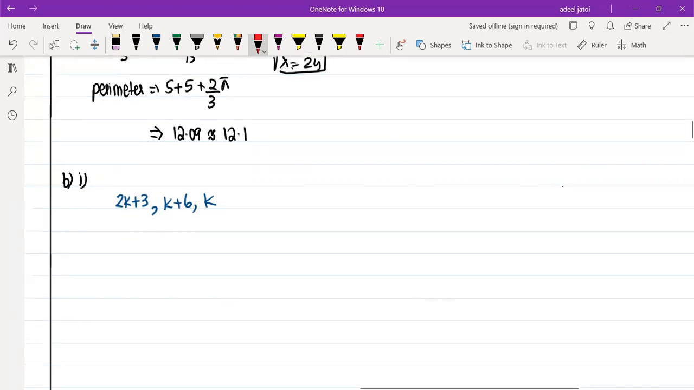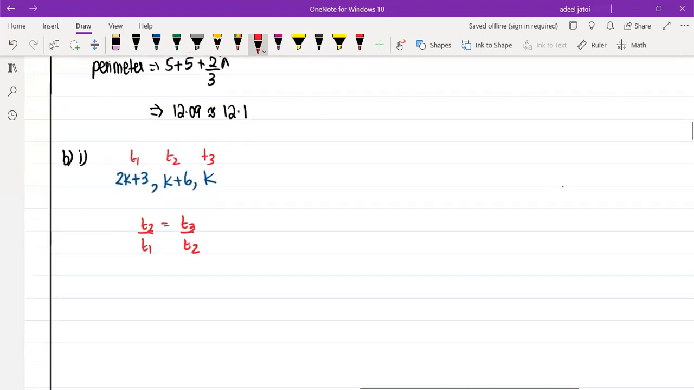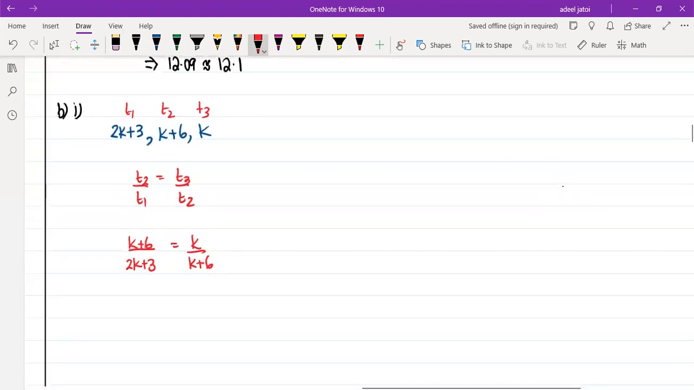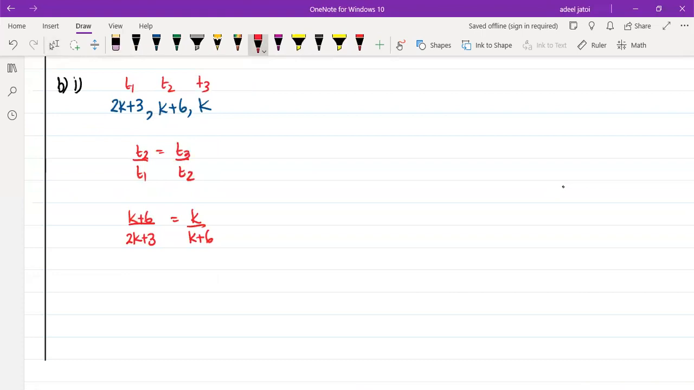The ratio method suggests that for T1, T2, and T3, T2 divided by T1 is equal to T3 divided by T2. So k plus 6 upon 2k plus 3 is equal to k upon k plus 6. If we solve this further, (k plus 6) whole square is equal to 2k square plus 3k. Now solving this, k square plus 12k plus 36 is equal to